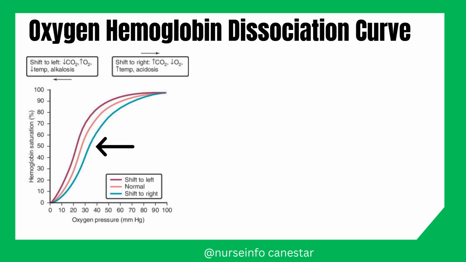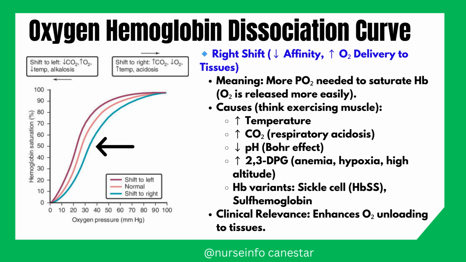A rightward shift of the ODC, green curve, means that a higher PO2 is required to achieve a similar hemoglobin saturation level compared to the baseline, red curve. This also means that the hemoglobin molecule has less affinity for oxygen and is more willing to unload oxygen at the tissue level. When considering factors that create a rightward shift, think of a warm exercising muscle with an increased temperature, increased CO2 production, and therefore decreased pH leading to an acidosis, and increased